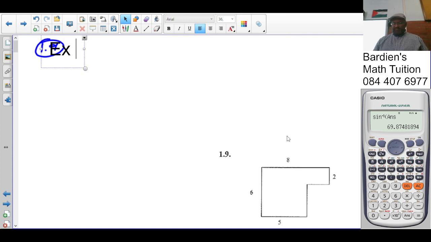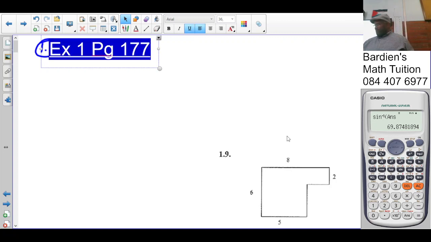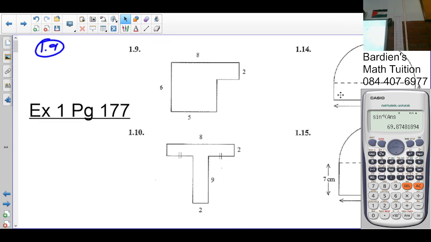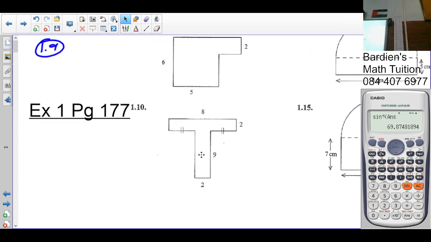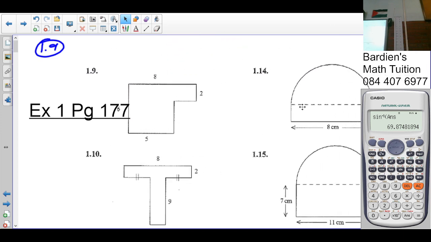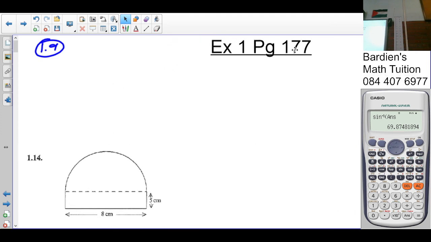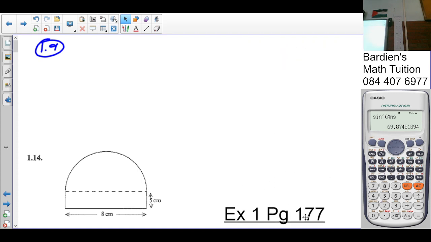This is exercise 1 on page 177. Okay. So I know we have marked number 1.9. Have we marked 1.10? Yes. Did we mark 1.14? I know that's not in order. We have not marked 1.14. Yeah, that sounds right. So let's go through this quickly. So 1.14,